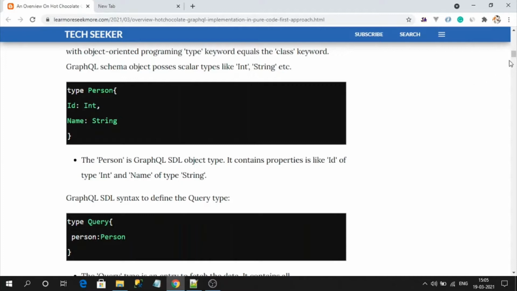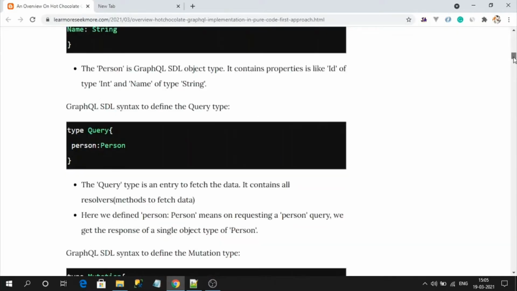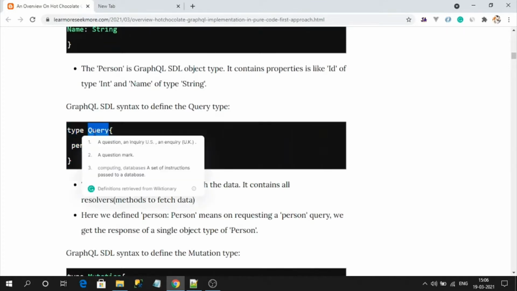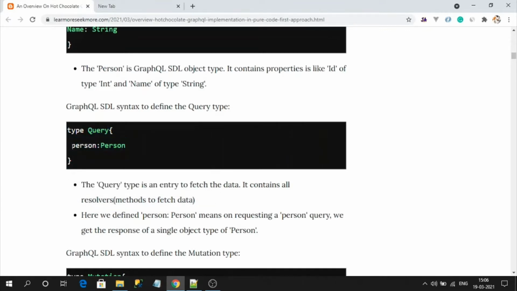In those operations, the query operation type looks like this. This keyword represents that this type is the query type. And here you can observe it is like a property: this person is a resolver or a method, and its return type is person.